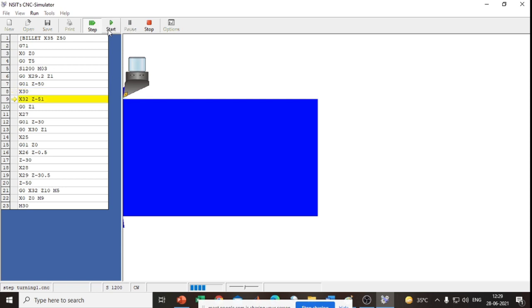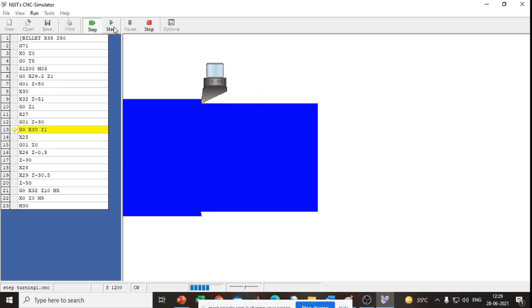After that X32, in the X direction the tool moves 2 units and in the Z axis 1 unit. After that G0 Z1, again I gave rapid positioning with the G code. After that the tool moves to the initial position. After that the tool moves to Z minus 30 in the direction of Z. After that the turning operation is carried out with X30.